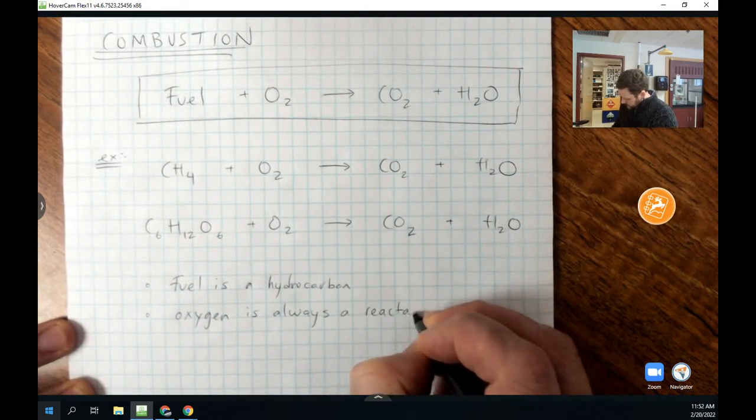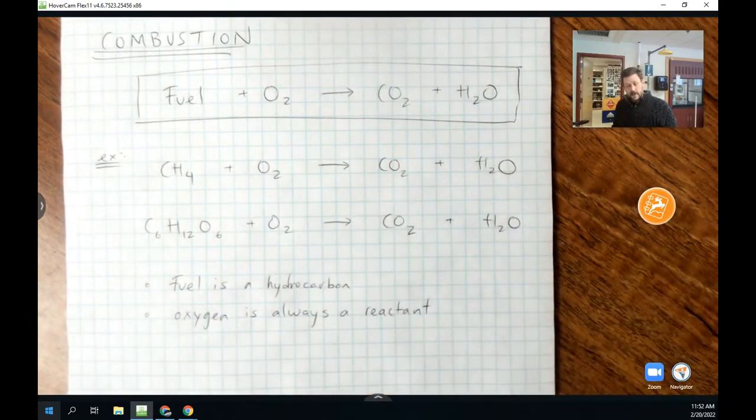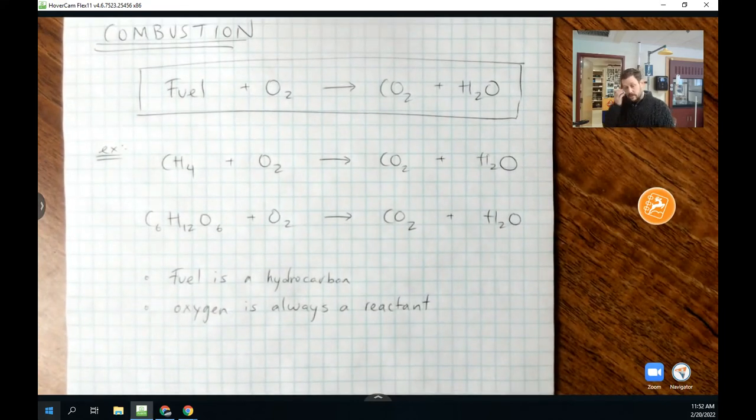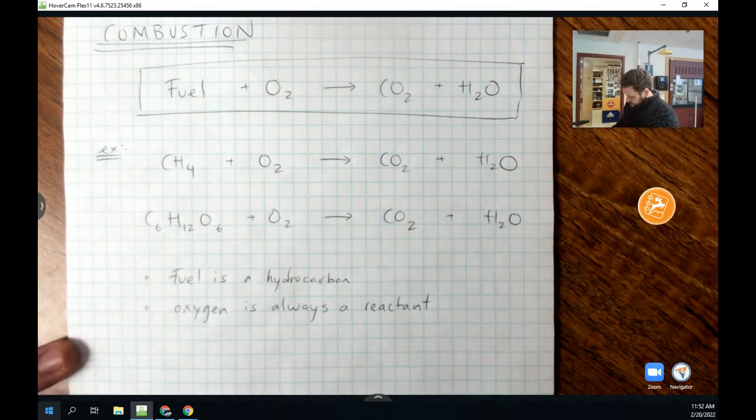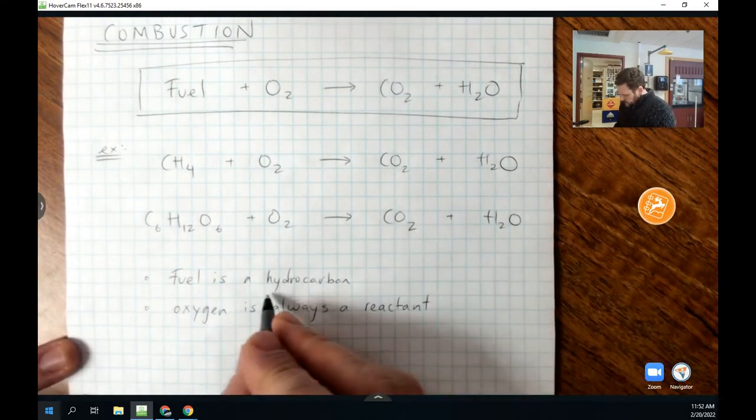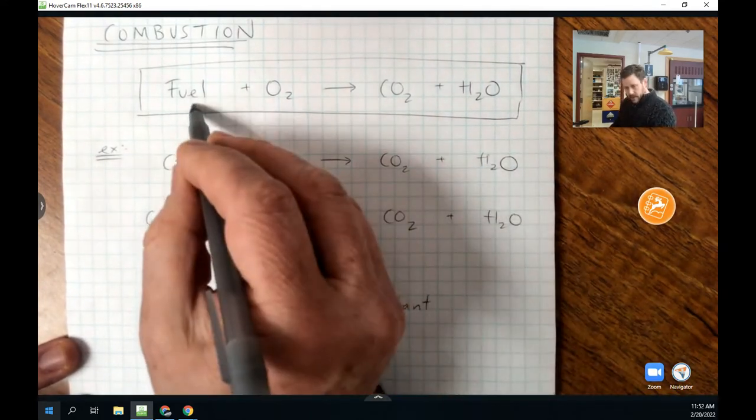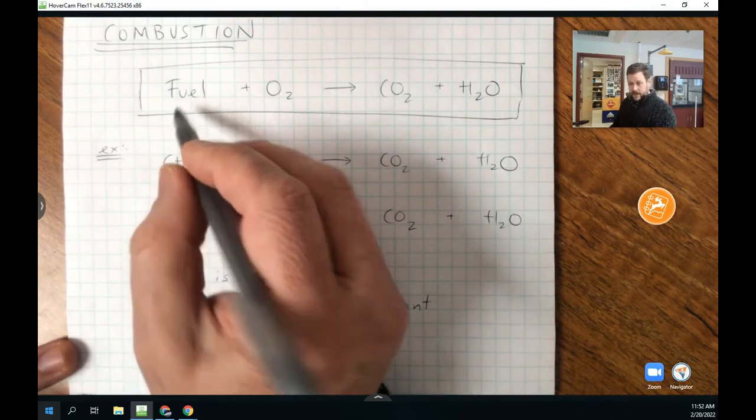Without oxygen as the reactant, this would look like a decomposition reaction. And decomposition is not the same thing as combustion. Now, when I say the fuel is a hydrocarbon, that could be something with carbon and hydrogen in it,